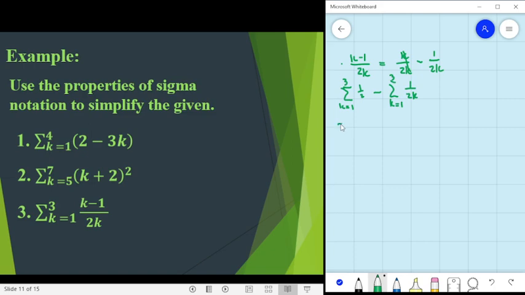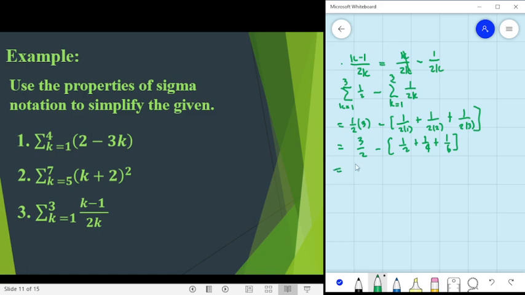So, this will be equal to 1/2, times 3, because there are 3 k's, right? We have 1, 2, 3. Then minus, we have 1 over 2 times 1 plus 1 over 2 times 2 plus 1 over 2 times 3, which is 3/2 minus the quantity 1/2 plus 1/4 plus 1/6,